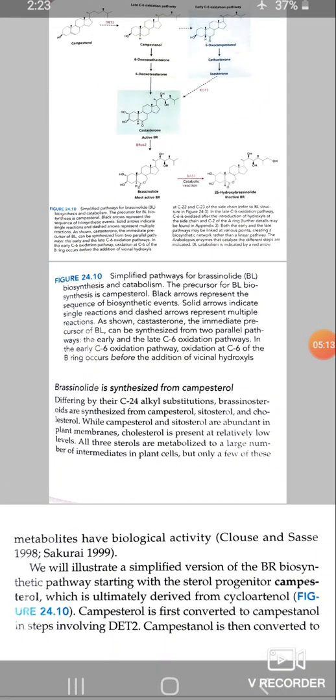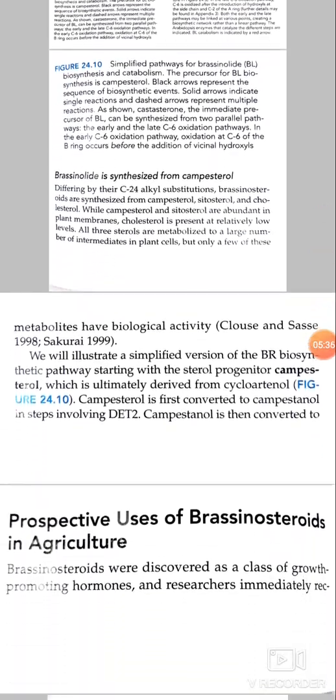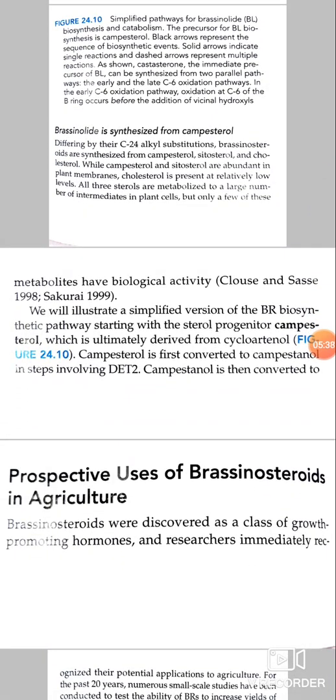metabolites have biological activity. We will illustrate a simplified version of the brassinosteroid biosynthetic pathway starting with the sterol progenitor campestrol, which is ultimately derived from cycloartenol, first converted to